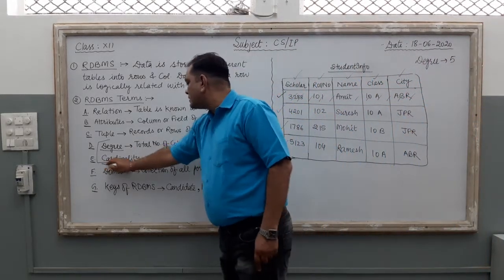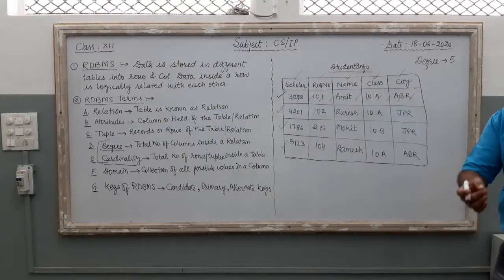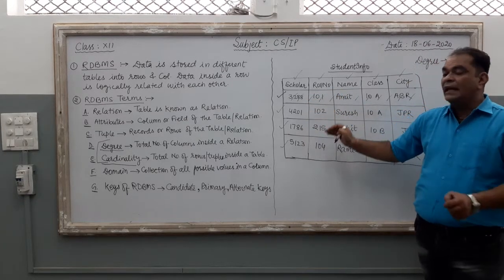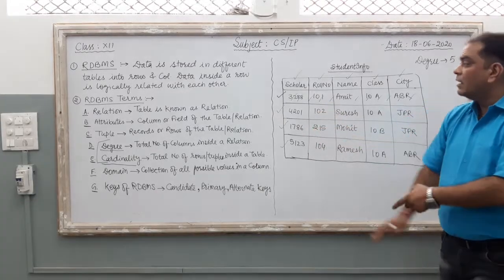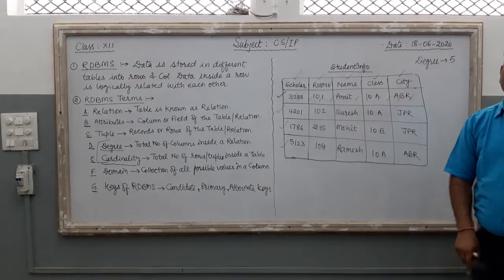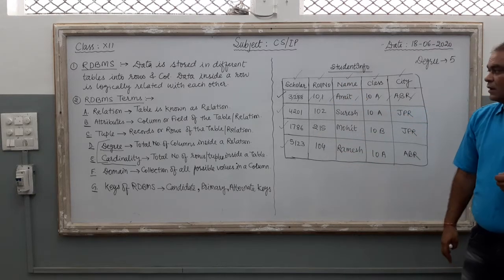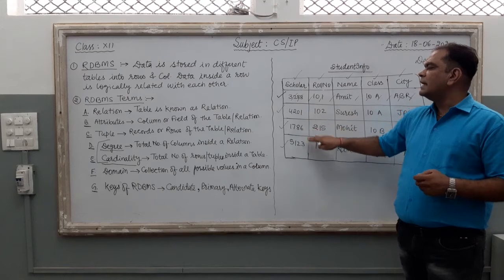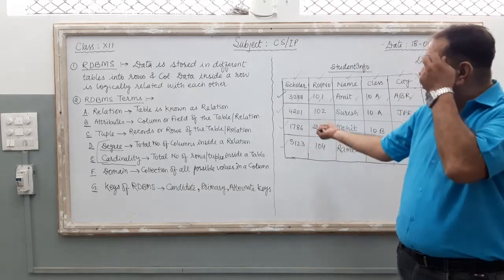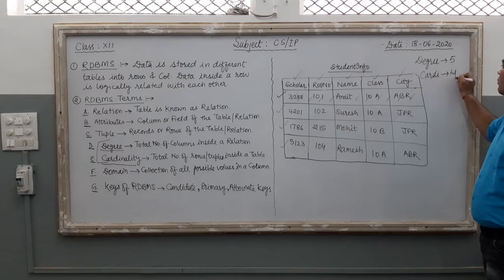Next point, domain. Oh, sorry, it is cardinality. What is cardinality now? Cardinality stands for the total number of records in a relation, in a table. Here you have to remember one thing: just remove the heading. The heading is not included in that concept. Heading means scholar, roll number, name. It is not included under cardinality. So other than the heading, how many records are there? 1, 2, 3, 4. Records are known as tuples. Just count the tuples. There are 4 tuples in the table, so we can say the cardinality of this table is 4.